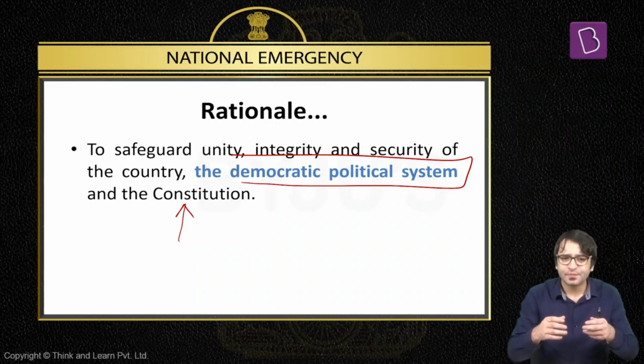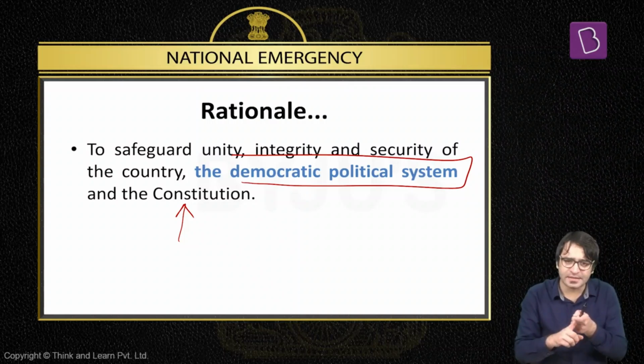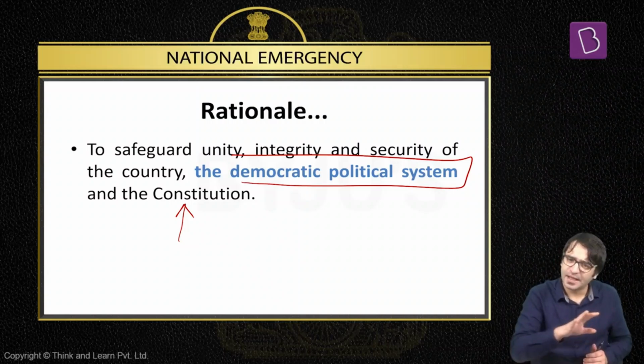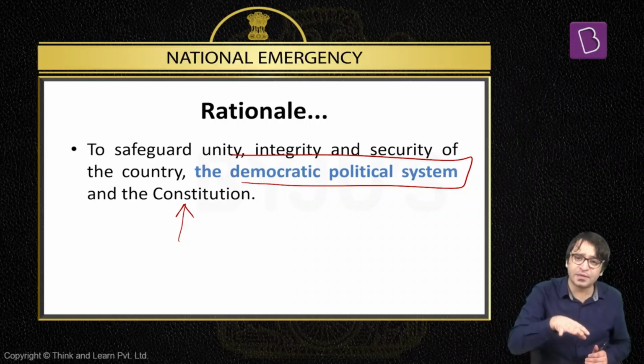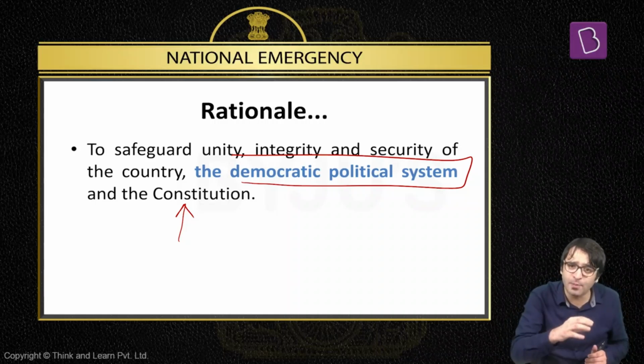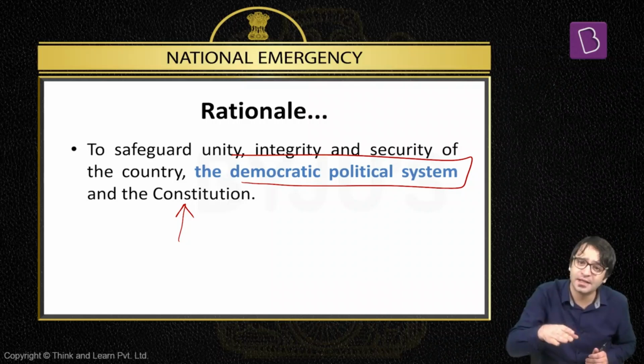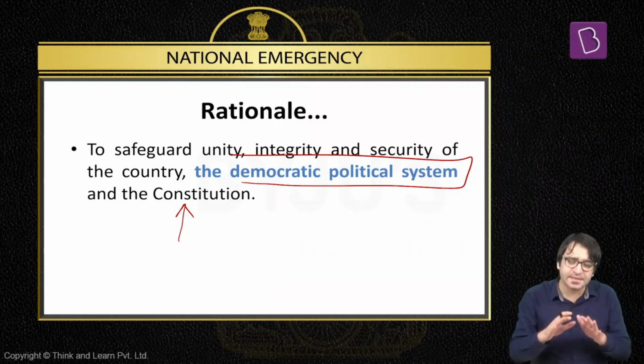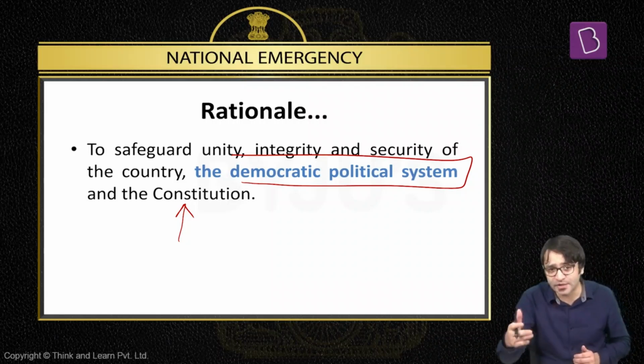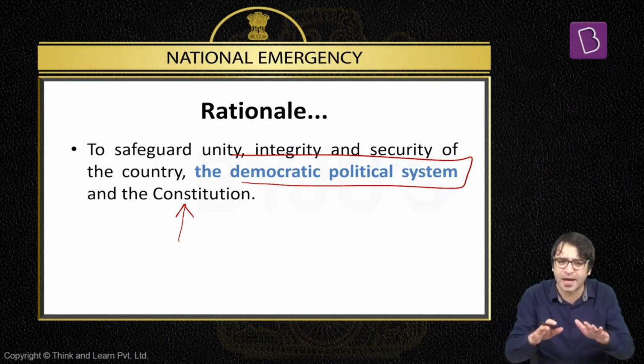Which means, when we look at this chapter, first we need to understand what these emergency provisions do to our Constitution. And the answer is, these emergency provisions, even without amending the Constitution, change the shape, character, form of our Constitution, and our federal Constitution turns itself into a unitary Constitution. But that is only to uphold the territorial integrity, sovereignty of the nation, to ensure that the democratic political system is safeguarded, to ensure that the Constitution is safeguarded. And how? To make you understand, we need to now jump to national emergency, then to President's Rule, and then to financial emergency. And everything related to this chapter would become crystal clear to you.